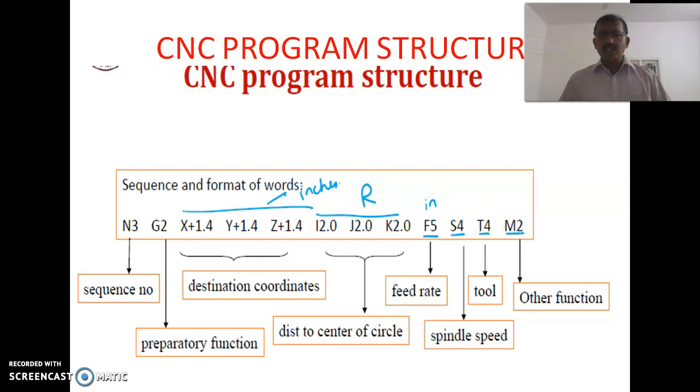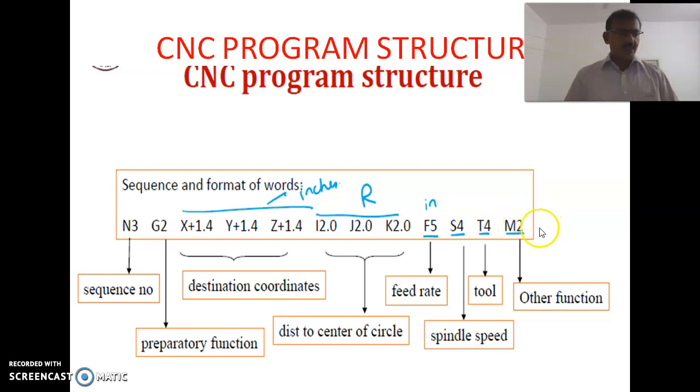In a turret, you can hold more than 6 tools. So if a tool has to be changed automatically by using this command, the tool is changed automatically. In ordinary traditional machines, the operator has to rotate the turret and change the tool. But using this command, the tool is automatically changed for this particular operation.